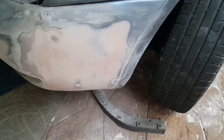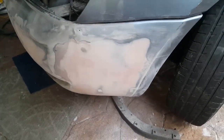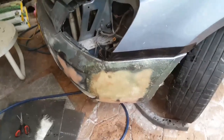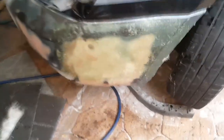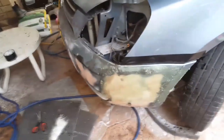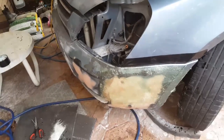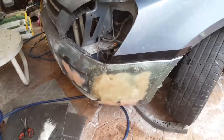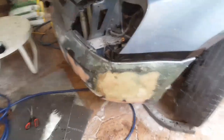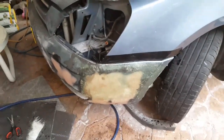So that's the fiberglass filler. I'm going to go over the top of that now with fiberglass. Okay, so that's the fiberglass all over it. Like I said before, this isn't a video about teaching you. This is my first experience of fiberglassing myself. So there's plenty of videos out there on YouTube. Anyhow, I'm now happier, more confident